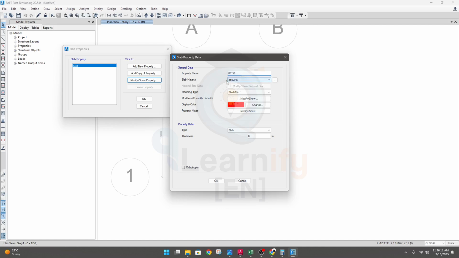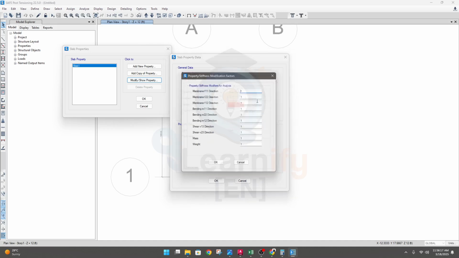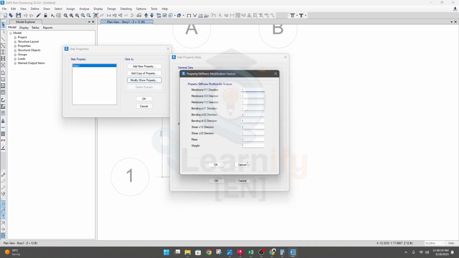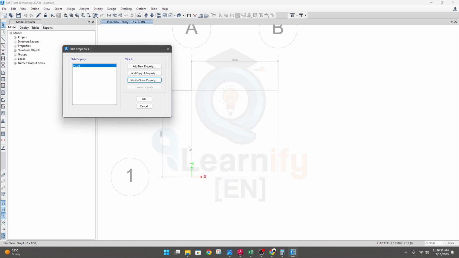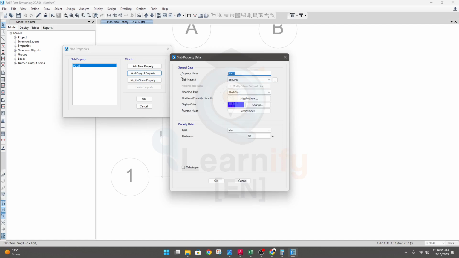And slab material, this is the slab material model shell thin, it's okay. Then modifier, if you need to provide any modifier, I'll not use any modifier. Then here's type, it will be mat. Okay, for pile cap we have to use mat, and thickness will be 35. Done. Then I'll click Okay, add copy of property,